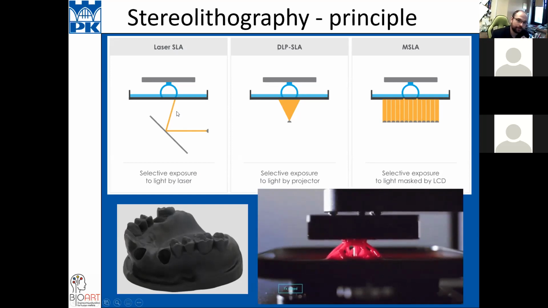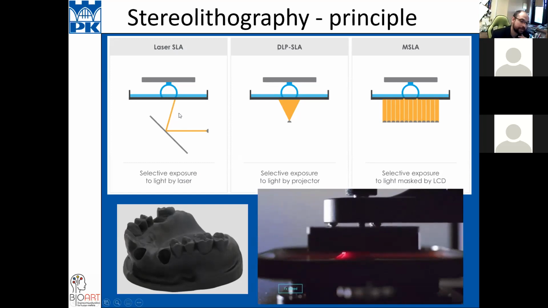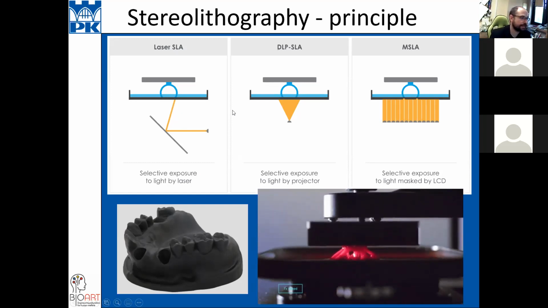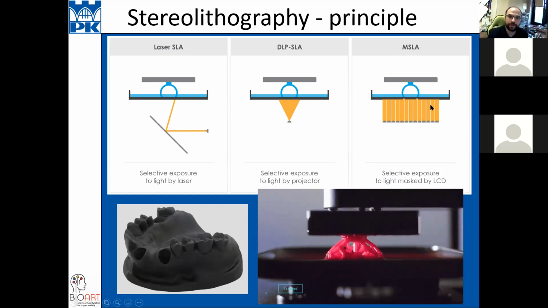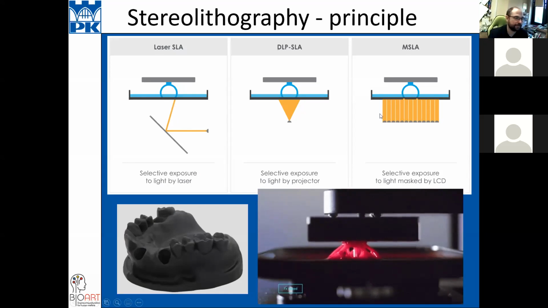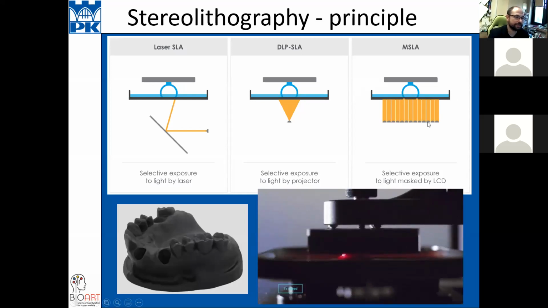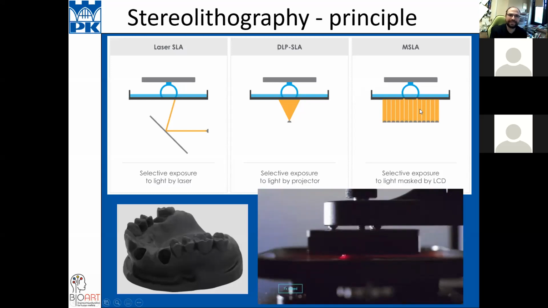But now we have less expensive machines, MSLA. Here we don't have any projector. We have only ultraviolet light, but between our chamber and this light we have a 2K screen, and we black out some spots.